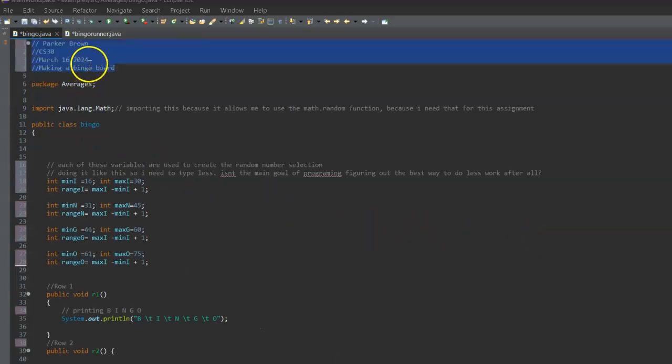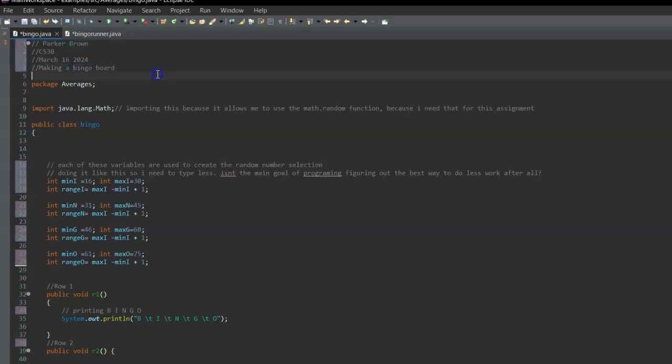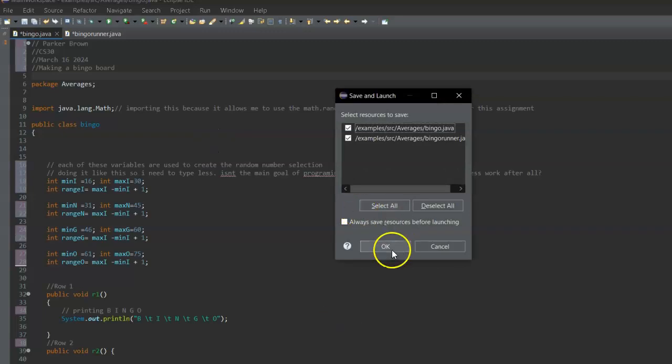Okay, I am Parker Brown, and this is my screencast-o-matic about making a bingo board. Because I gotta record myself explaining something that I barely understand how it works. So that's pretty cool. Anywho, so what this thing does, essentially, is it prints off just a